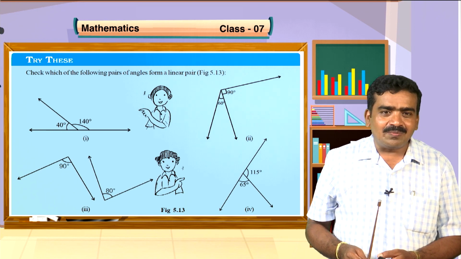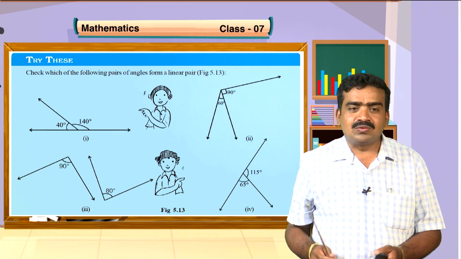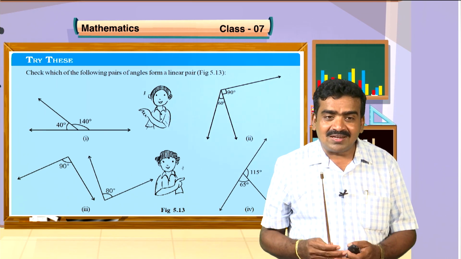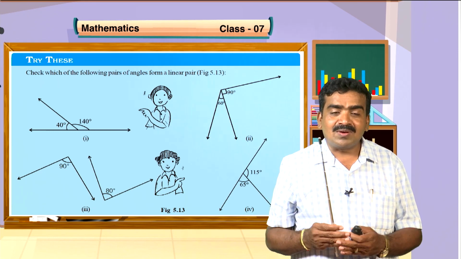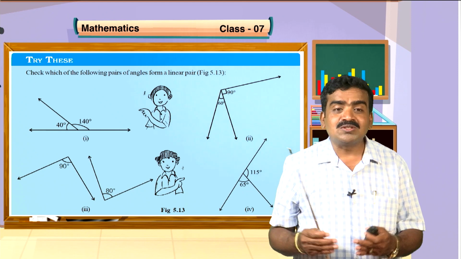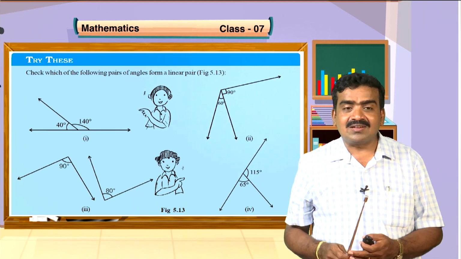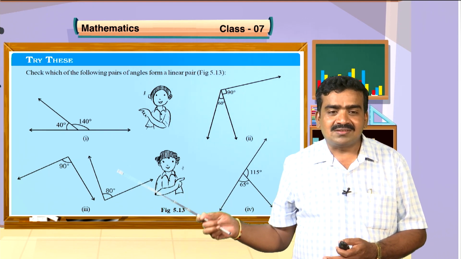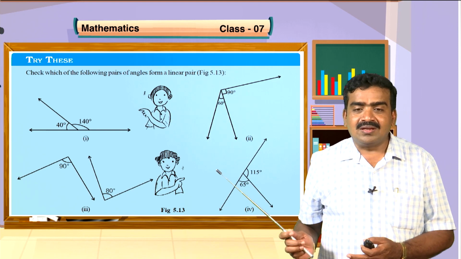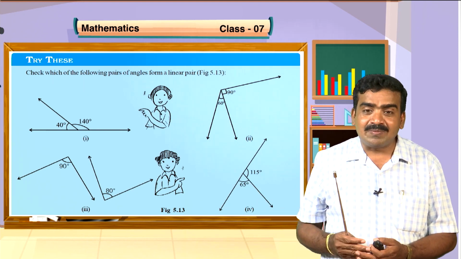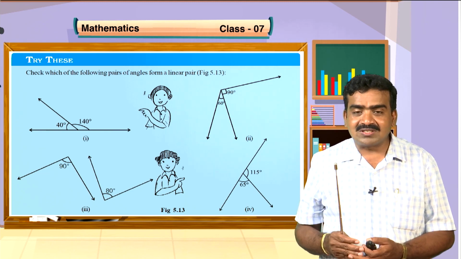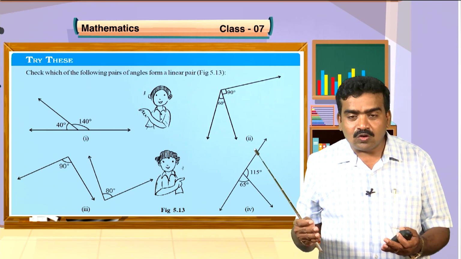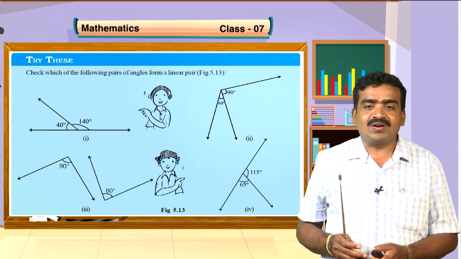Check which of the following pairs of angles form a linear pair. So what do we have to do over here? You have to recall the meaning of linear pair. They should have a common vertex, they should have a common arm, and the non-common arms should be opposite to each other. So by considering this statement, check which of the following forms a linear pair. What about the first one, the second one, third one and fourth one? If the angles obey the statement of linear pair, then you can come to the conclusion that the given figure will be a linear pair. Or if they are not obeying the definition of linear pair, they will not form a linear pair.